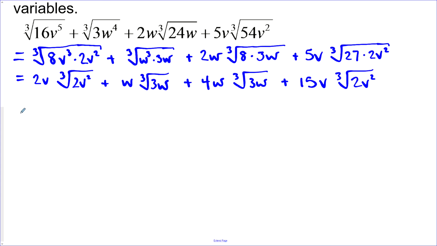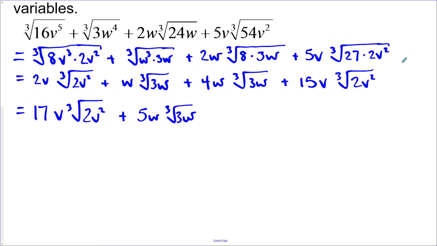And now let's collect up like terms. So we have a cube root of 2v squared, we have a cube root of 2v squared, with a v in front, with a v in front. Those look good. So we've got 2 plus 15 of those is 17v, cube root of 2v squared. We've got a cube root of 3w, cube root of 3w, and with w in the front, so 1w plus 4w's is 5w's, cube root of 3w. And since we have the cube root for all of these, then both our v and our w can be